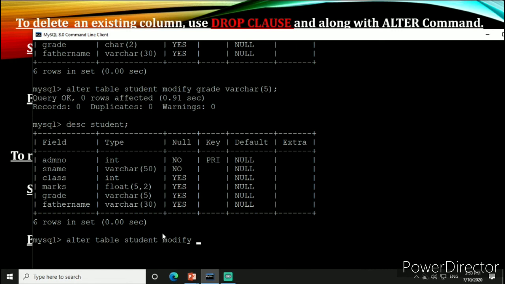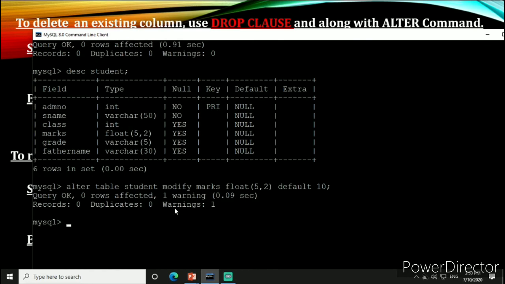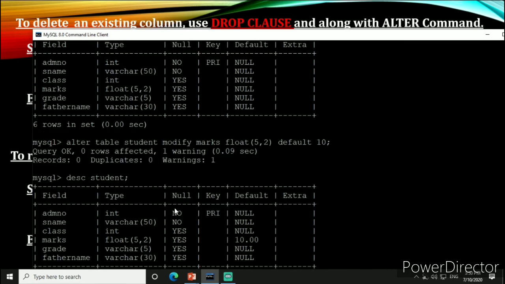So modify marks float 5,2 with default value, default 10. Then here constraint has been changed, the default value of marks will be 10.